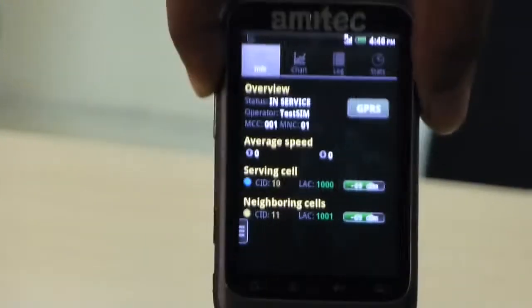Now if you see, the signal level of this base station has increased beyond the signal level of the other base station. If we move even further, we can see the signal level keep on increasing, and at a certain level which we can set, suppose 5 dB, when the signal level of this base station is 5 dB more than the currently serving base station,